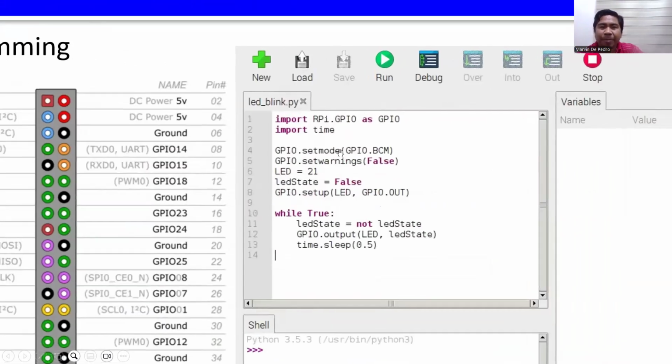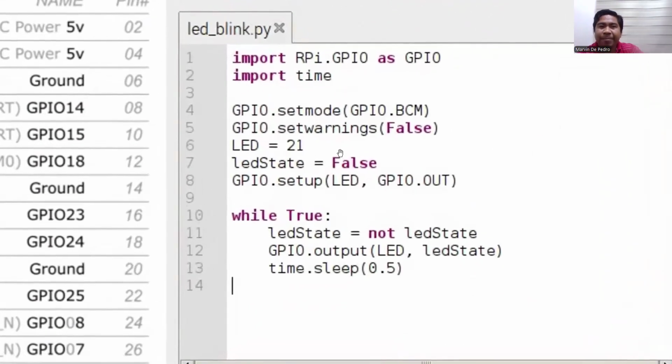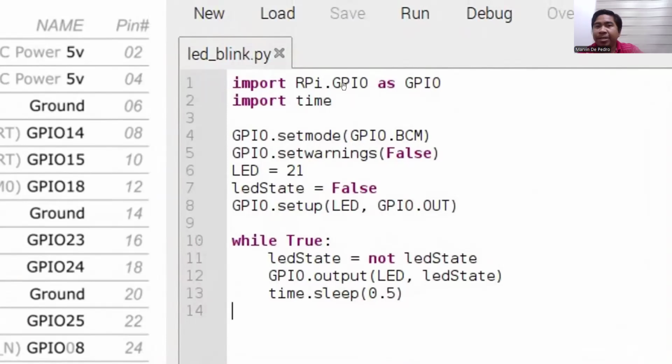In this example, we import the necessary libraries to make our code run. These are RPi.GPIO, specifically the RPi.GPIO module, and then the time library. We use them both in this code.